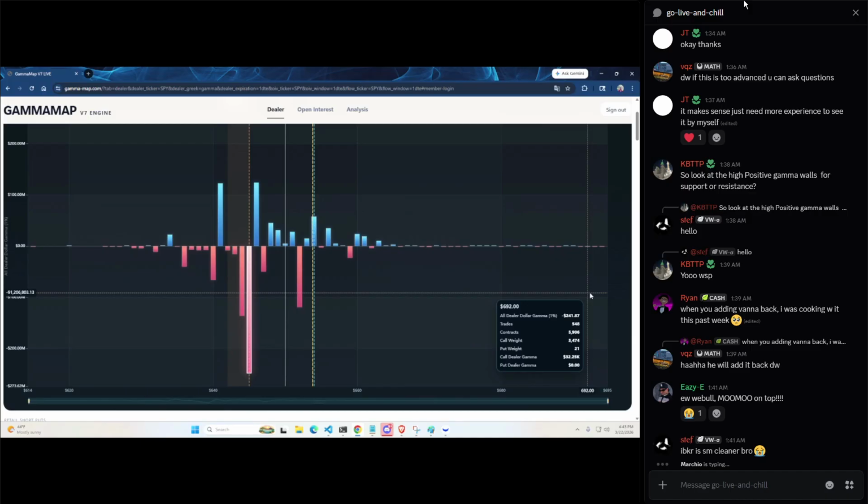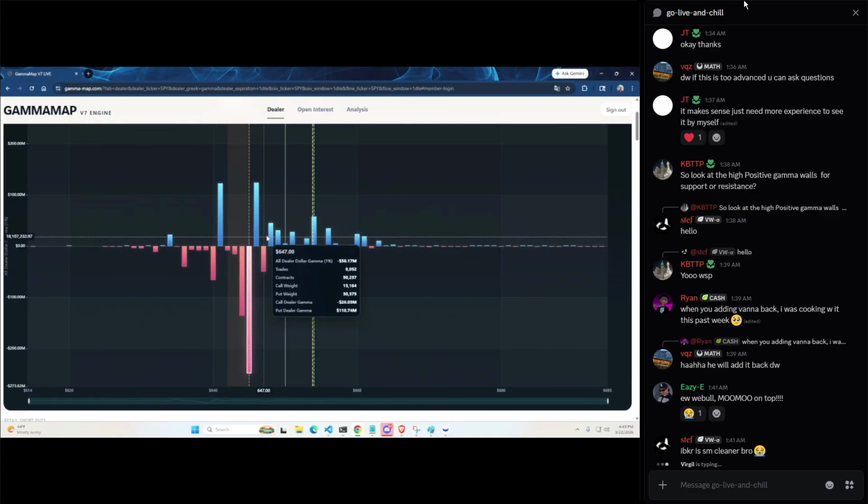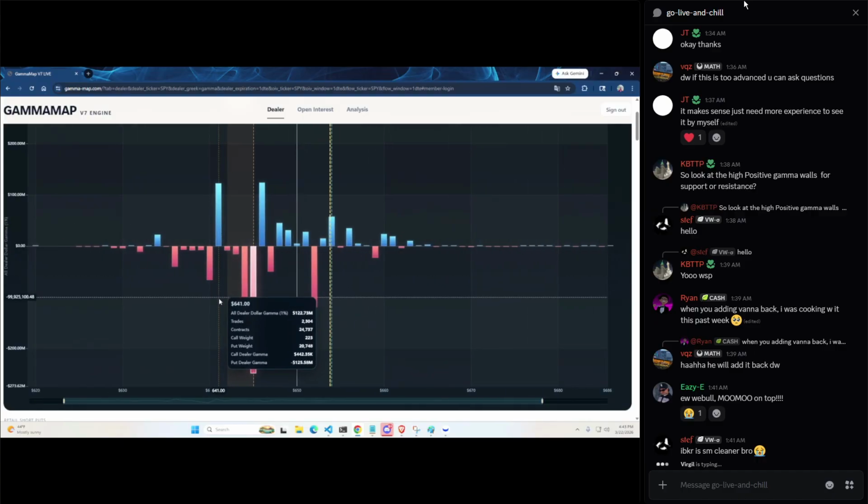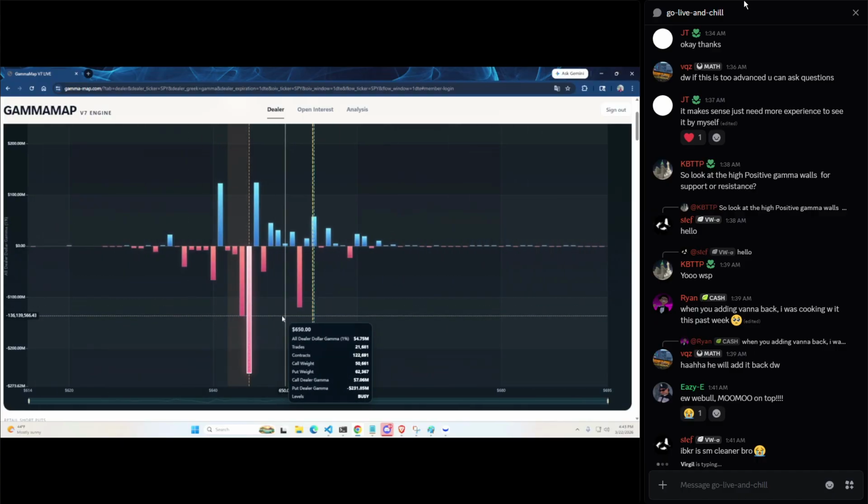Vanna is really, really useful because a lot of times what people think is gamma is what dealers are hedging, it can be Vanna too. Especially in these environments when volatility is higher, the dealers have to hedge their volatility. And Vanna is just the impact on deltas based on volatility, the move of implied volatility. So Vanna is really important, and I'll get that added. But yes, just know that negative gamma is crazy. Positive gamma is dampening. You're going to get calmness in positive gamma.